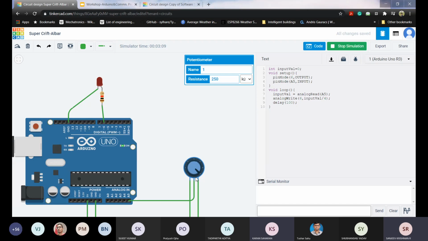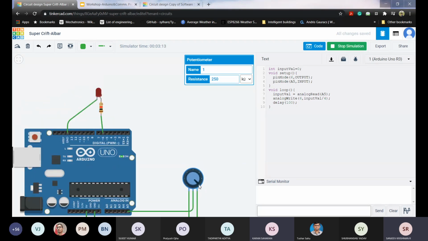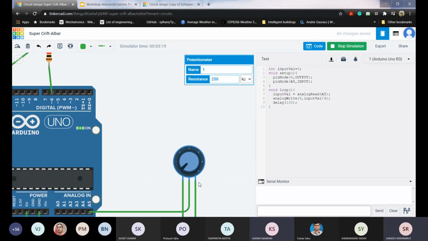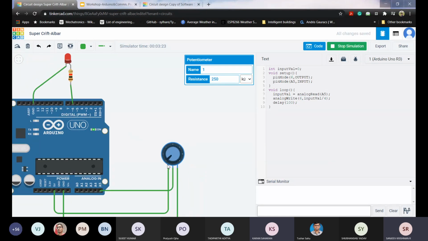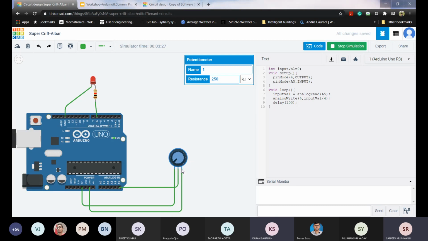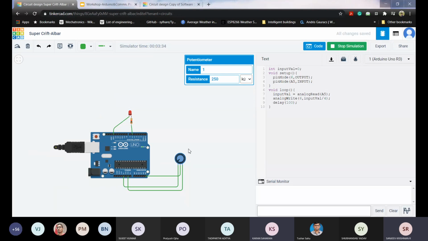If I switch this terminal, then this will give the highest brightness, and the other point will give the lowest brightness. If your potentiometer has marked values, they will mark the terminals as positive and negative. Yes, sir. If not, then it doesn't have any difference.